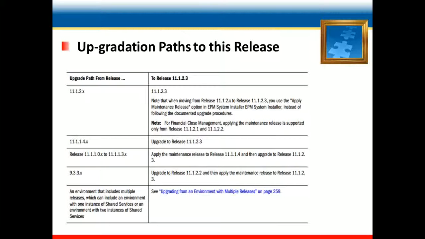Instead of following the document upgrade procedures,